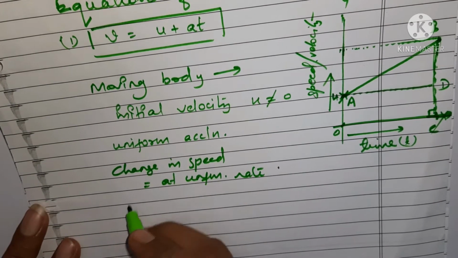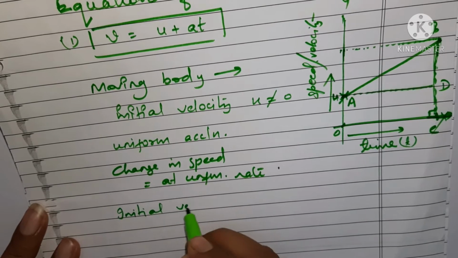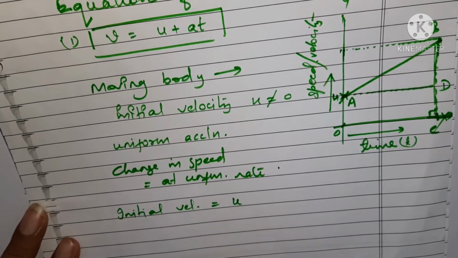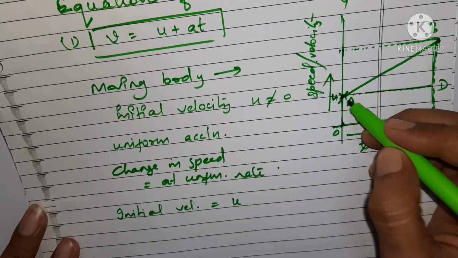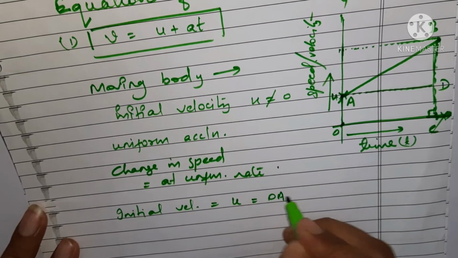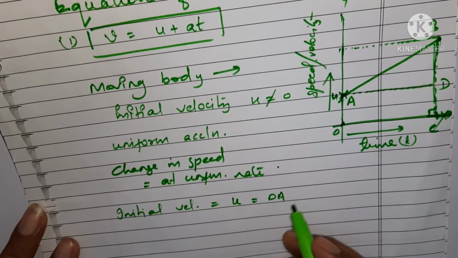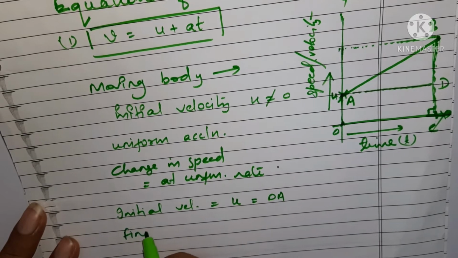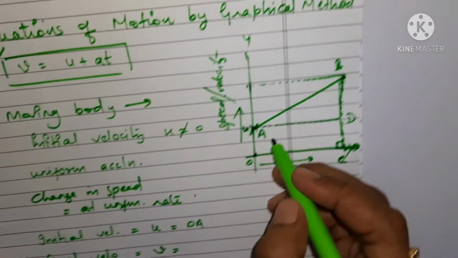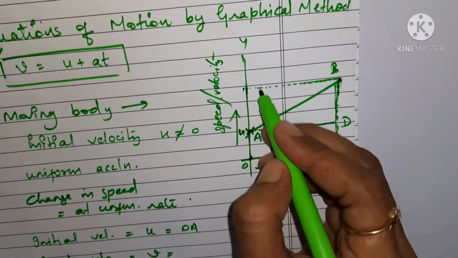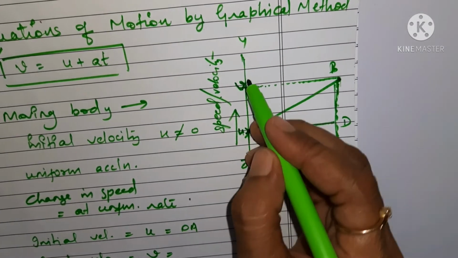See, initial velocity, as I have already given, let me write once more. Initial velocity is u, which is what it is showing you from here to here, OA. So in terms of points, we can represent u by OA, right? Then the final velocity of the body: you can see from here it is reaching up to here, it means the final velocity will be this one. If this is u, then this is v.